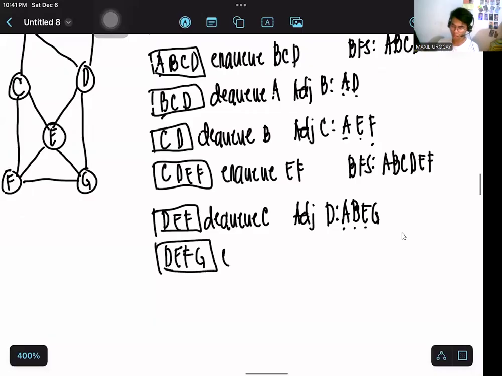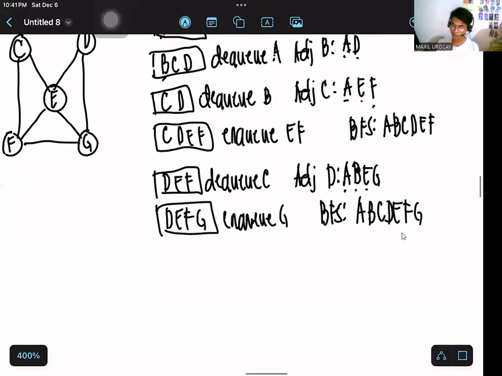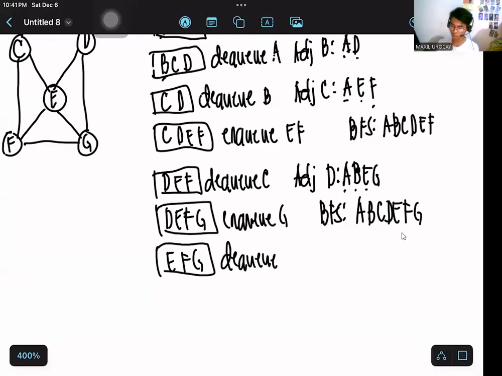It will become enqueue G, and then after enqueuing G, you update your BFS into A, B, C, D, E, F, G. After that, since we've visited the adjacent of D, you have to indicate that you were able to successfully dequeue D,